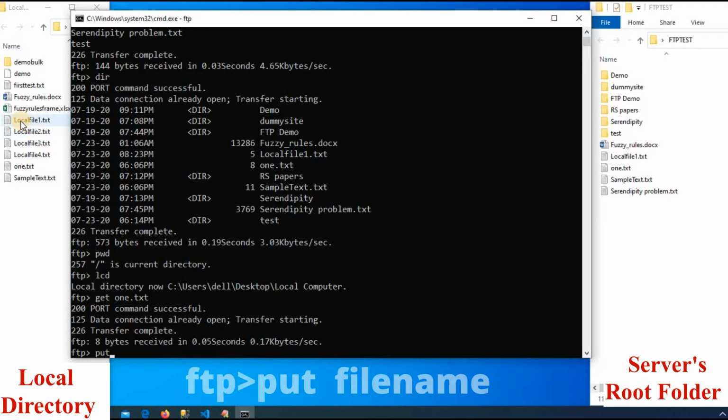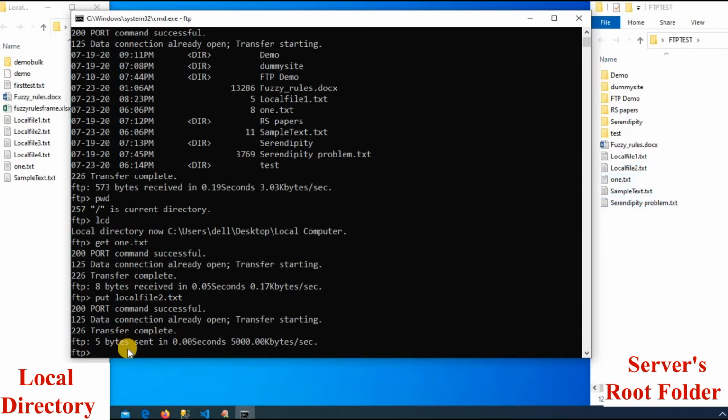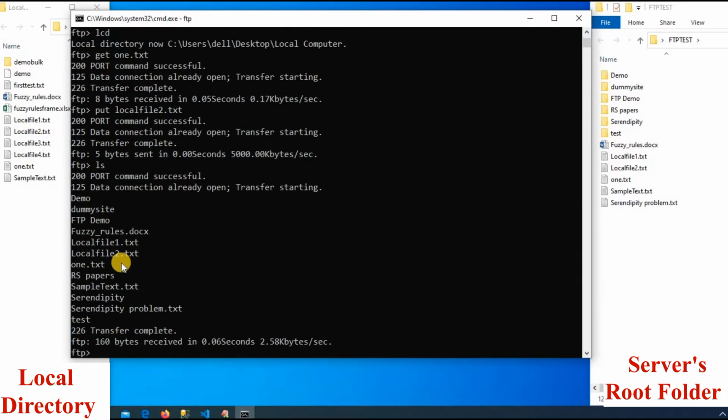I'll upload this file, so give a space and the file name, localfile2.txt. Hit enter. As you can see, this file has been uploaded. You can even list the files. Localfile2 is uploaded.